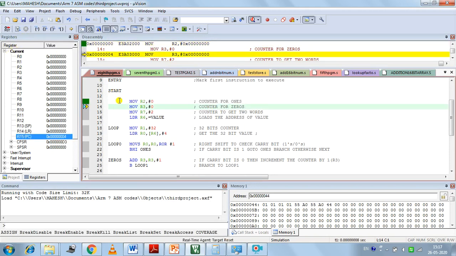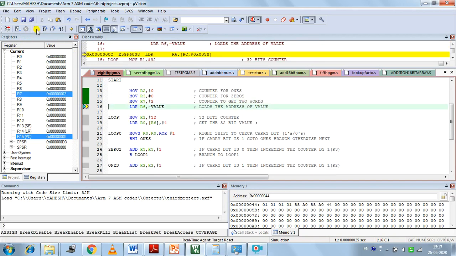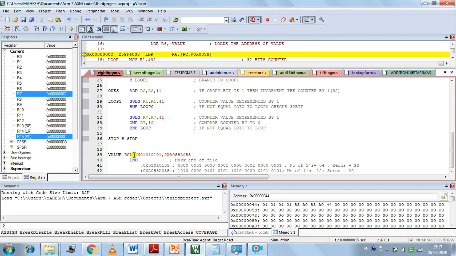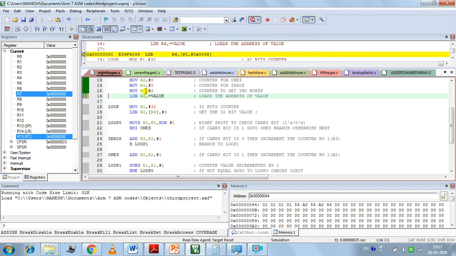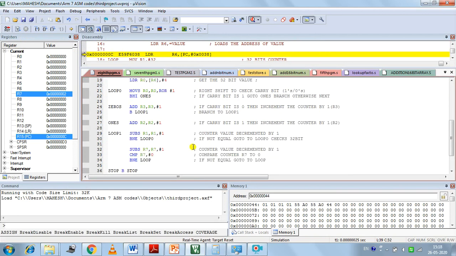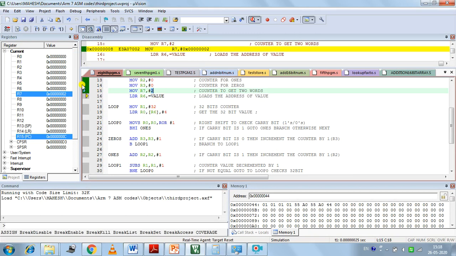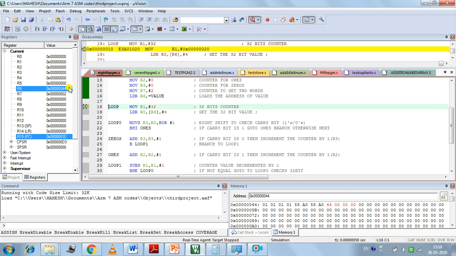you can see the first instruction is executed, that is move R2 with 0 value. Again move R3 with 0 value is executed already. The next instruction is R7 with 2 value. Because we have two numbers here, we have to initialize R7 with 2. If it is 3, then we have to update one more number here and change this number to 3. After execution of the load instruction, you can see R6 has the address of that.